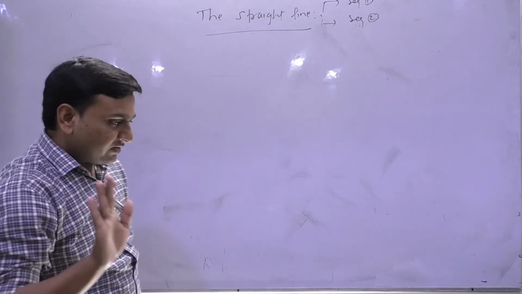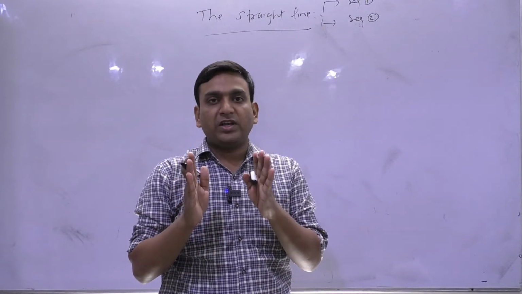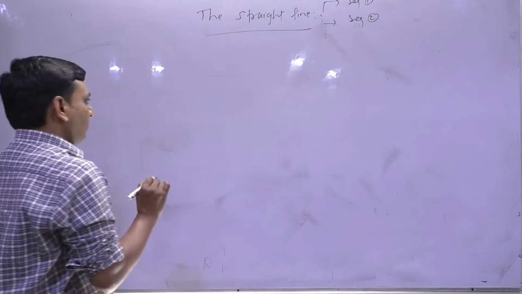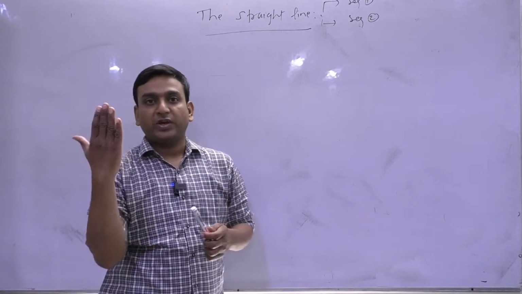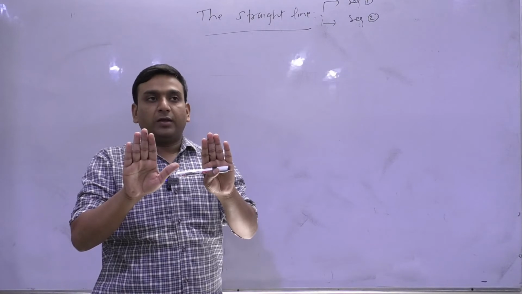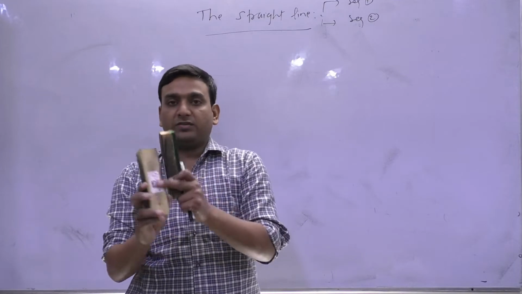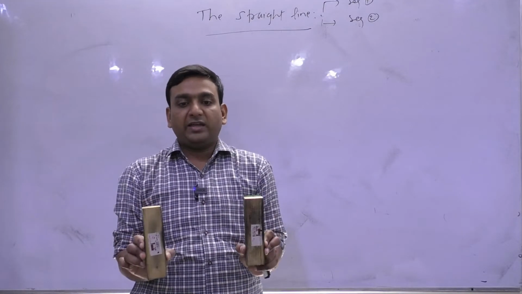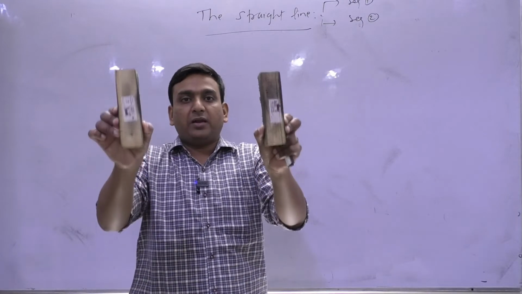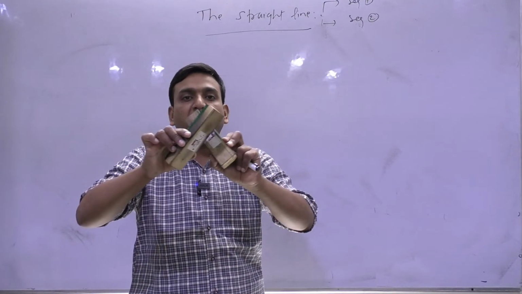As I told you in the previous classes, visualization in the geometry part is the crucial thing. When I talk about a plane, I told you to think of an A4 size paper. That is a plane. Suppose I have two papers, and these two papers are parallel. There are two conditions: either they are parallel or they are non-parallel. If they are non-parallel, they may intersect each other.